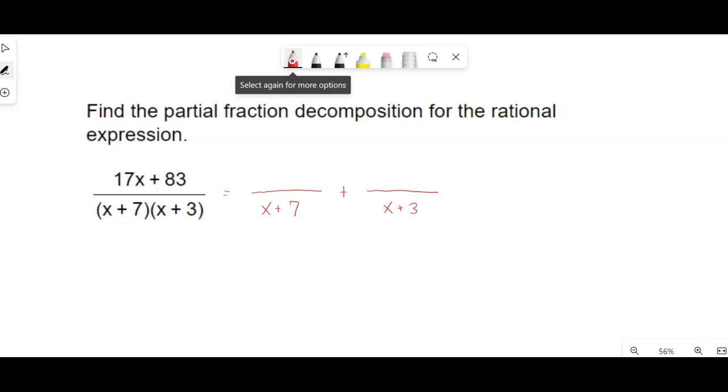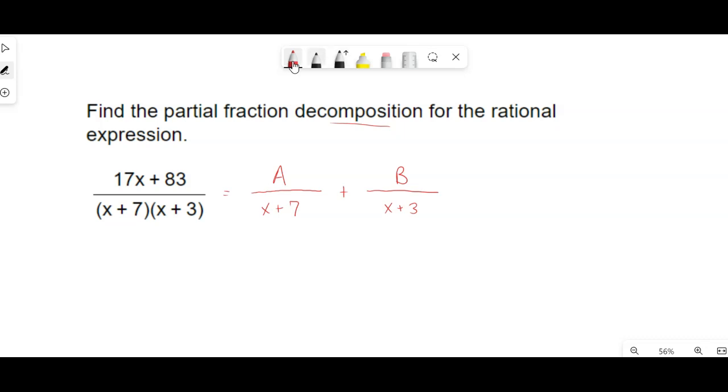But because this is a smaller degree than this, when I break it down, the same thing's going to happen, meaning this is degree 1, so the numerator has to be a smaller degree. Well, smaller than degree 1 would be degree 0, which would be constants. So this numerator would have to be a constant that we don't know. This one would also. So there's the form of the decomposition,